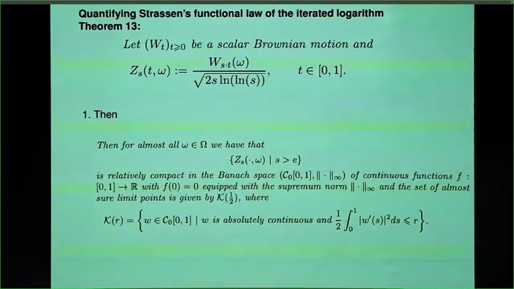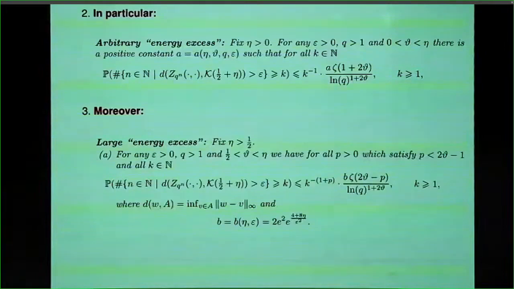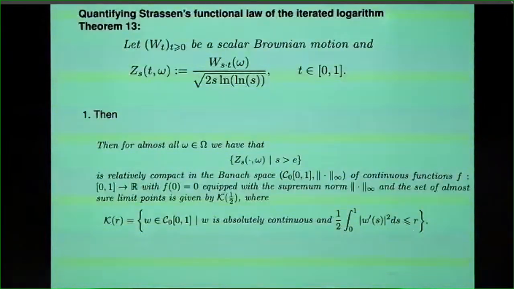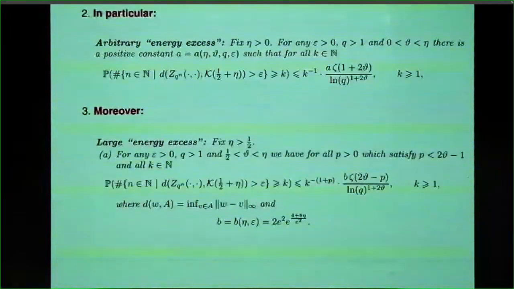All right, and this is the classical result here. We have that this object here tends in the Hausdorff distance to k to the 1/2. So what we can do is, if we have some kind of larger energy, this means we allow some larger quantity than just 1/2 here, a little bit more. What we get is that we have the distance between our